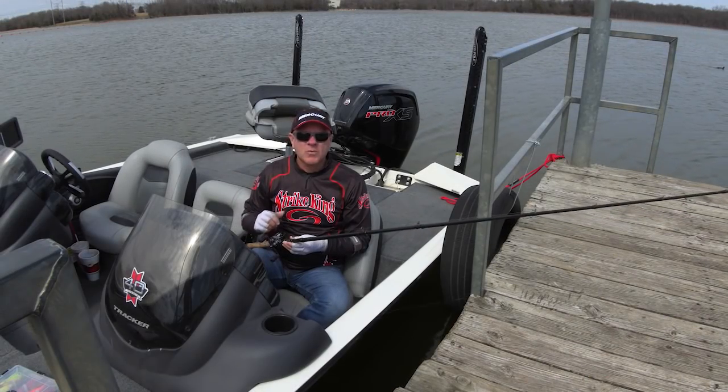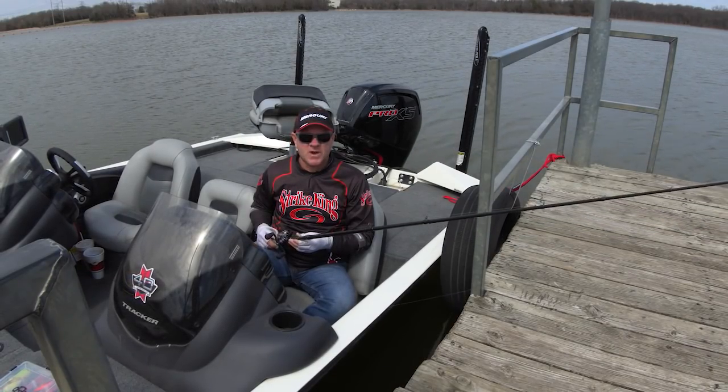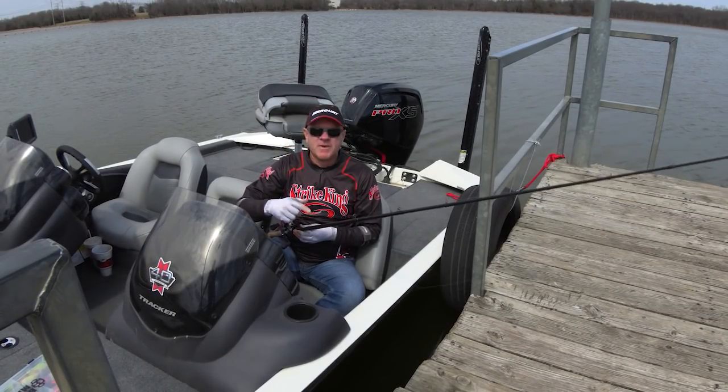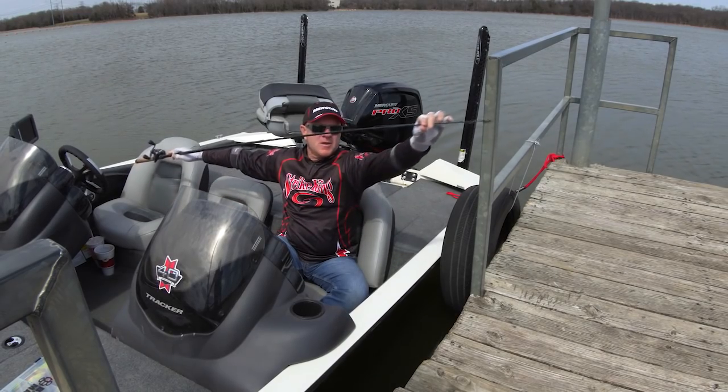Next up, here's some of the gear we used today, beginning with the Lew's David Fritz Perfect Crankbait Rod. You need a cranking rod to pull these lipless rattle baits and the square bill crankbaits that we caught our bass on today. The reason? Because